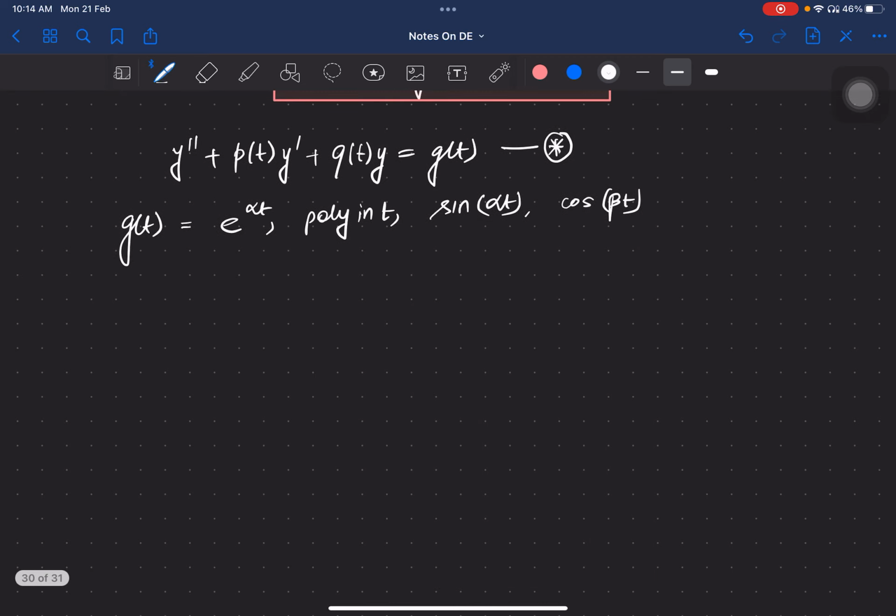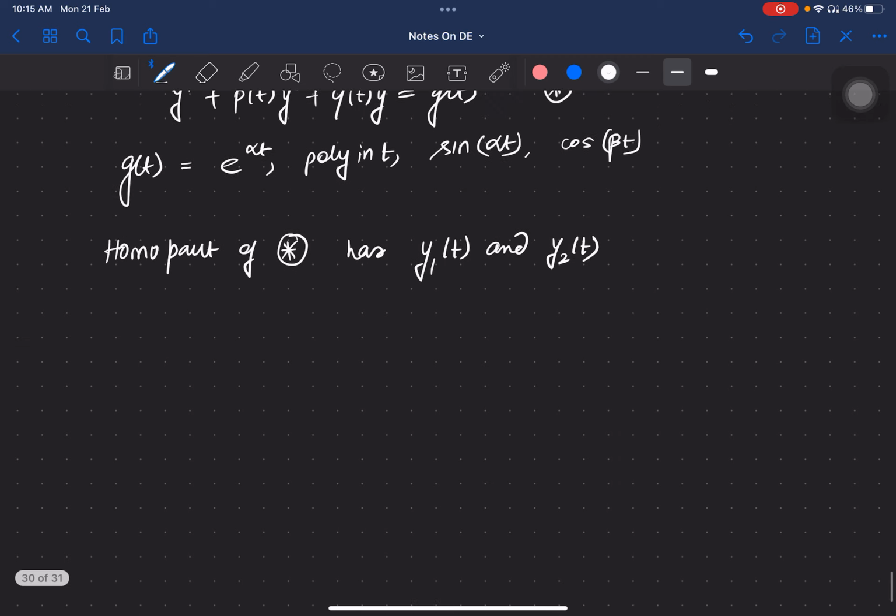Okay, so suppose the homogeneous part of this differential equation star has two linearly independent solutions, y1(t) and y2(t). Then the particular solution is given as follows: